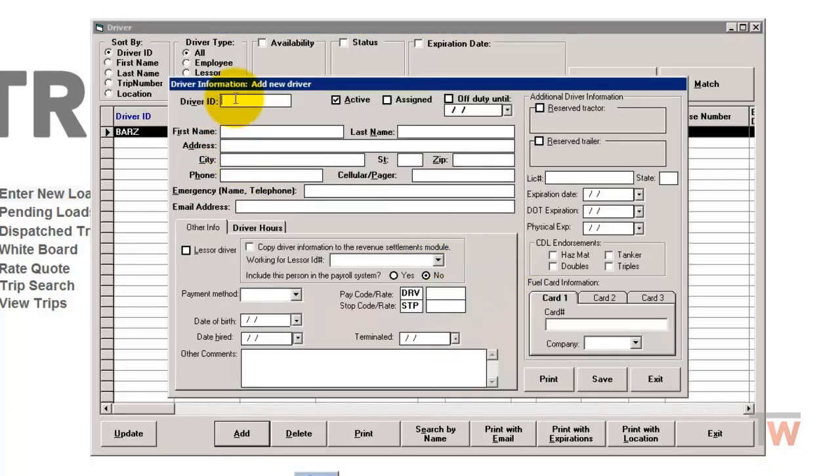And the screen's going to come up for driver ID. You will want to enter an ID in. And then enter first name and last name. And address. City, state, and zip. You can enter also in phone number, cell phone number, email address, and the thing that's